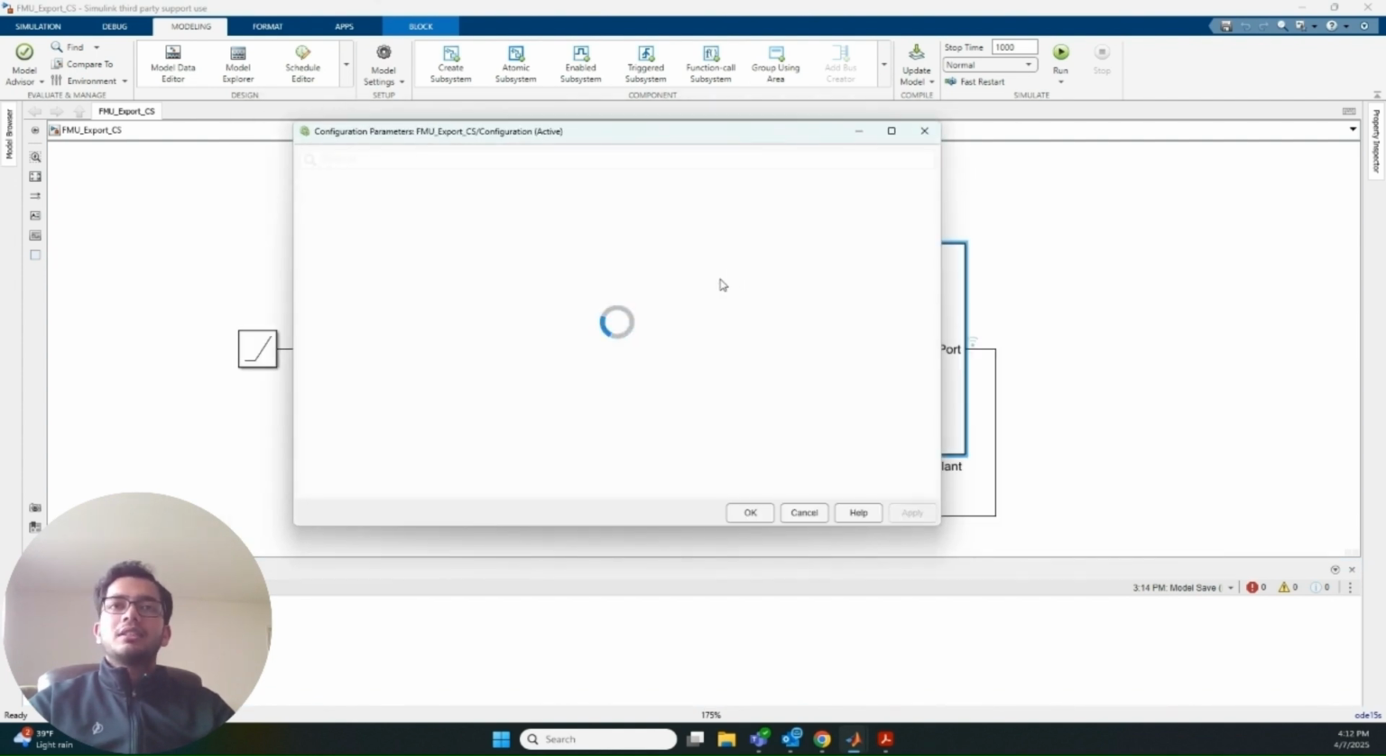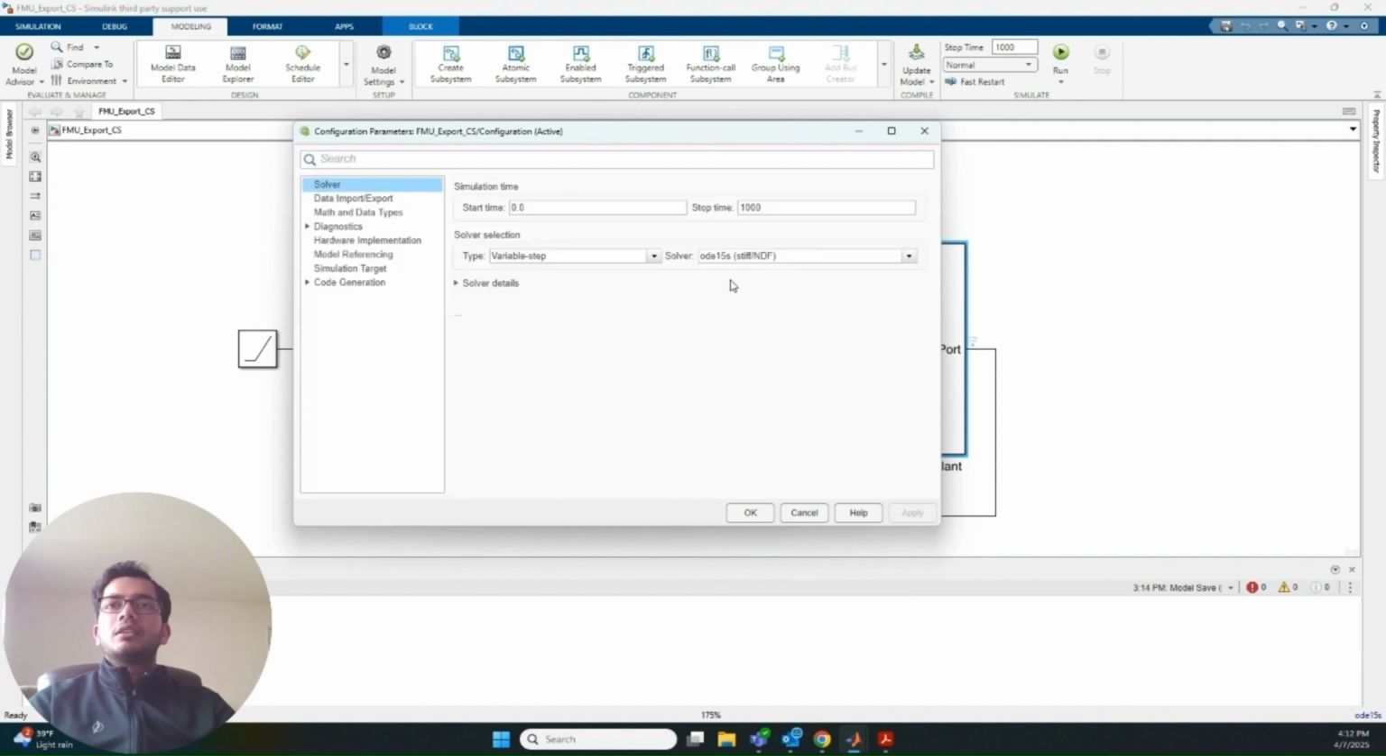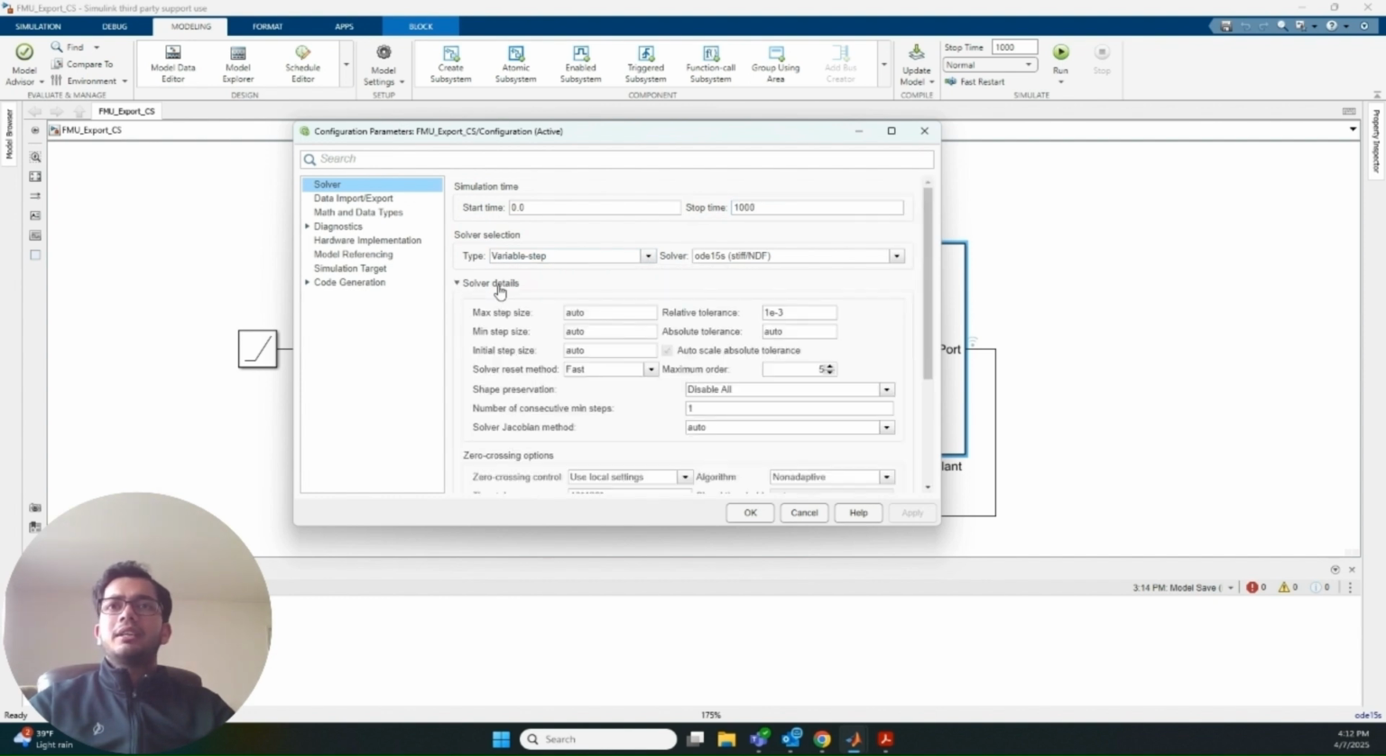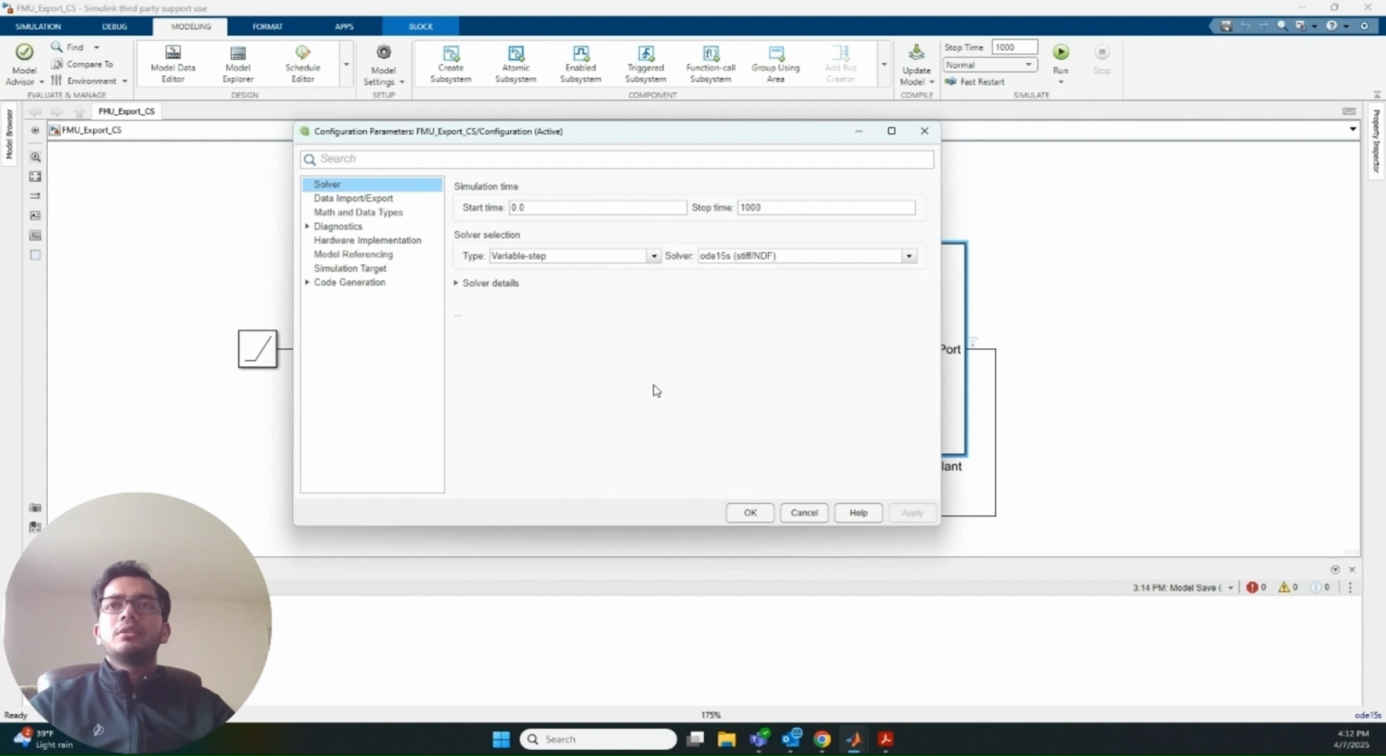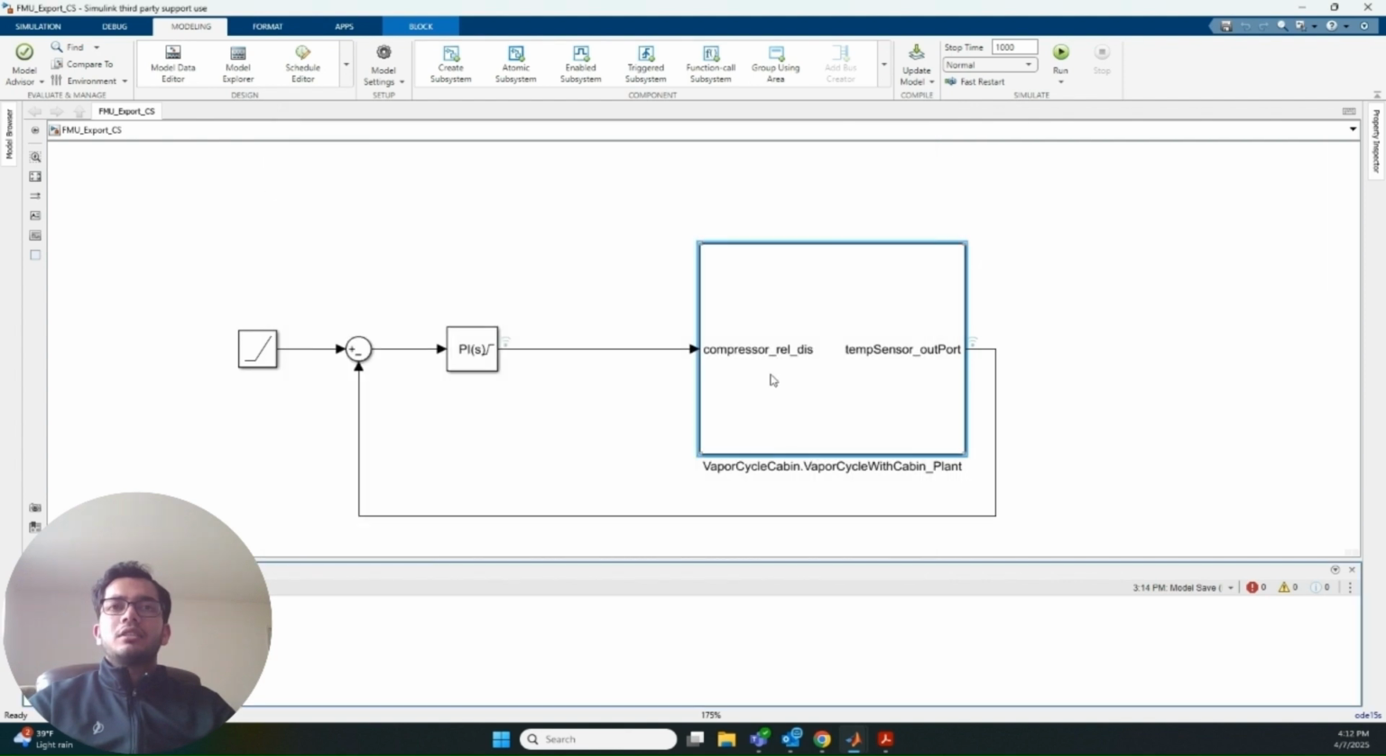So in model settings, we can click on the solver, set up our start time and stop time. For this, we will use 1000 seconds. And solver selection is immaterial. We will just keep it as the default value, because for co-simulation FMU, the solver is inbuilt in the FMU. So this solver selection will not matter much because this is the master solver for the Simulink model. So next, the important step